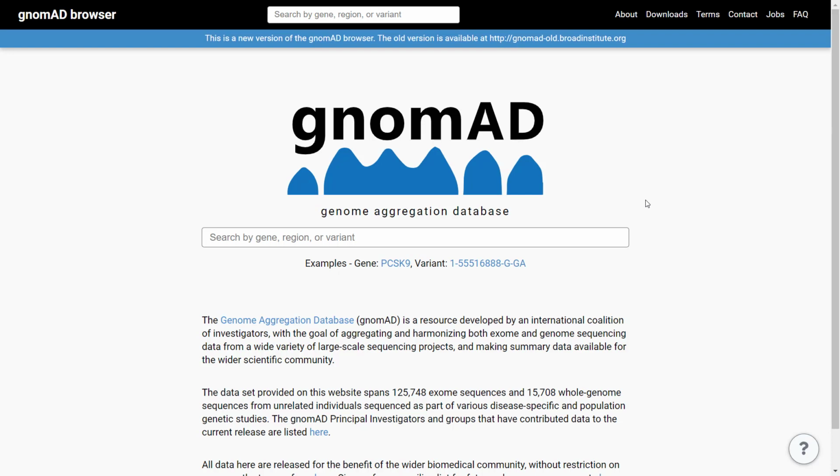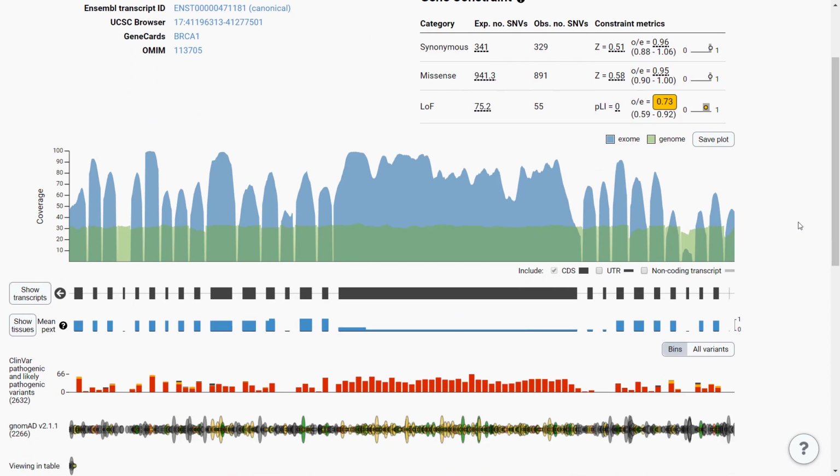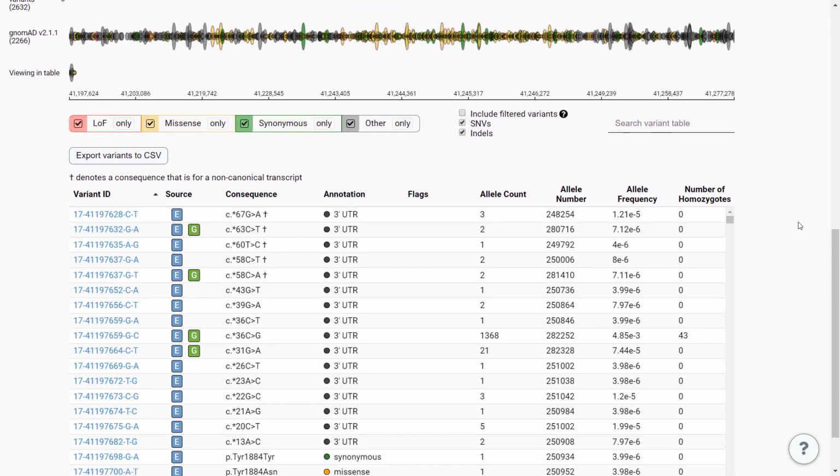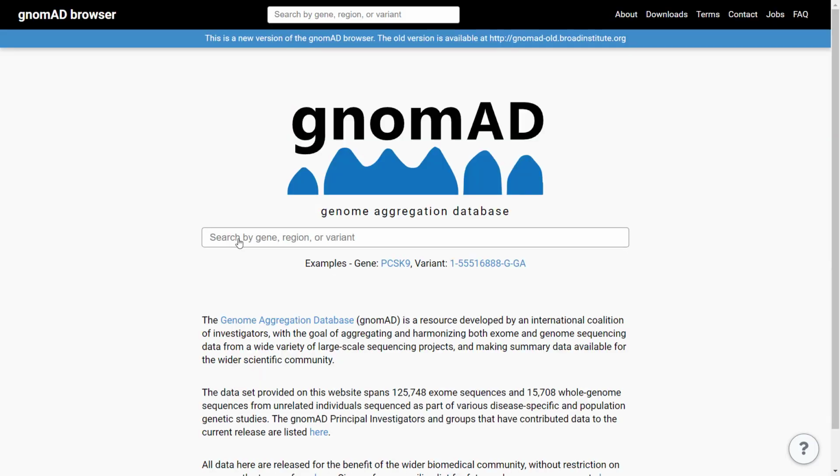Let's search with BRCA1. We can see now the structure of the gene, and in the table below we can see all variants reported in the population within this gene. Let's be more specific now and search for information regarding one particular variant, deletion of AG in position 185 in the BRCA1 gene.